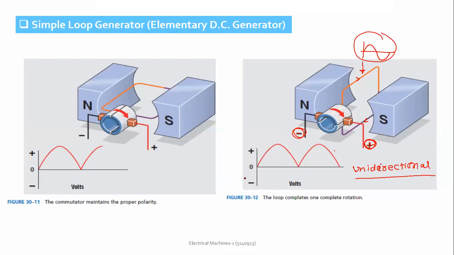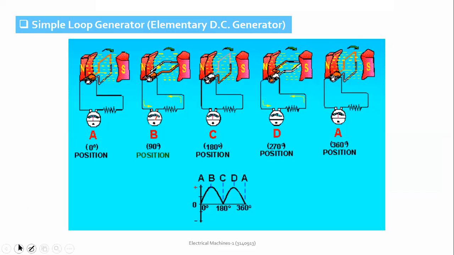and that is the difference between machines having slip rings and a commutator. AC machines use slip rings, whereas DC machines have commutator segments. Okay. Why do we use a commutator segment? Because we are working with a DC machine, so the output of the machine obviously must be DC. And that is why we call it a DC machine. So this is the operation of the elementary DC generator.